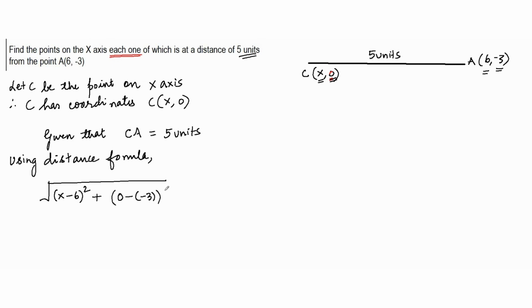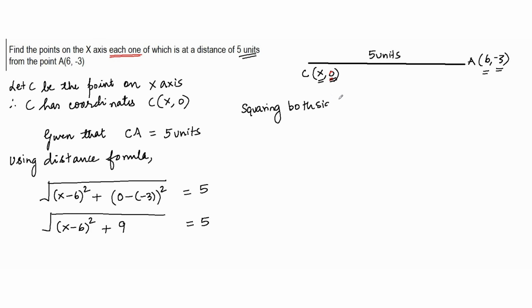0 minus of minus 3 the whole square, and this distance is 5 units. So this gives me under root of (x minus 6) the whole square plus (0 plus 3) the whole square, which is 9, is equal to 5, and therefore squaring both sides